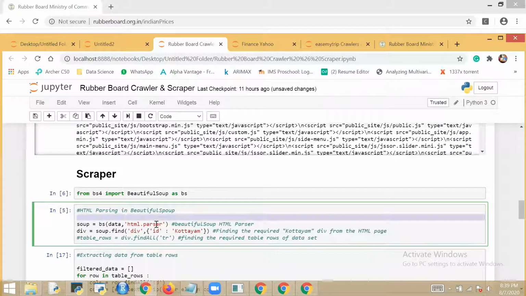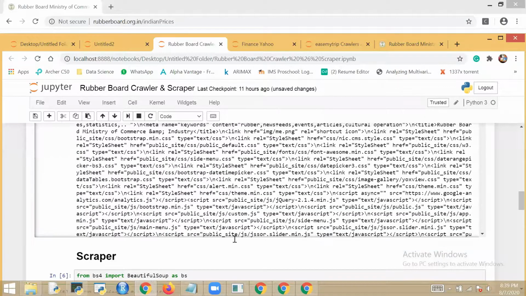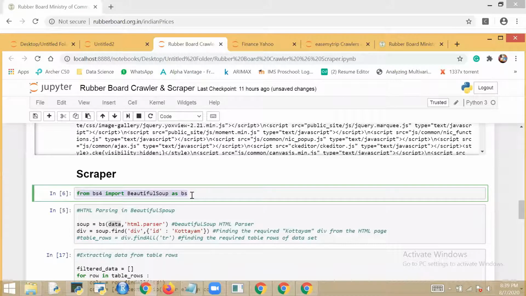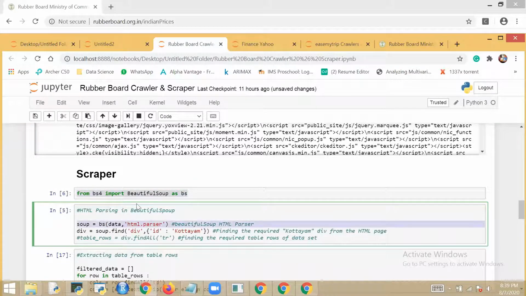You need to create a Beautiful Soup object. The data which we received, we have to place in the Beautiful Soup object, from the library we imported. We need to create an object of Beautiful Soup, BS, pass data, and it's an HTML format. This is the format that Beautiful Soup takes. Again, in that data, we have to find that particular division here.